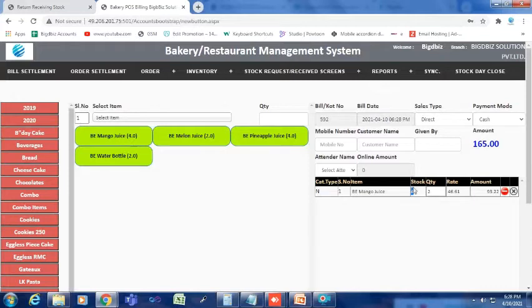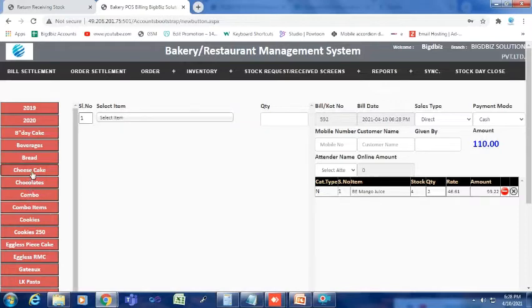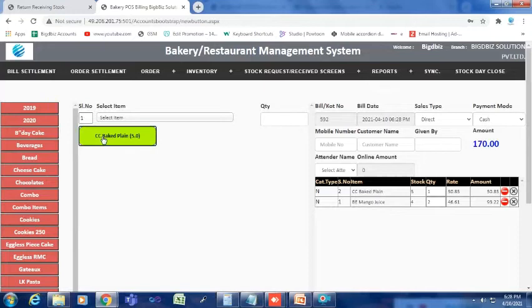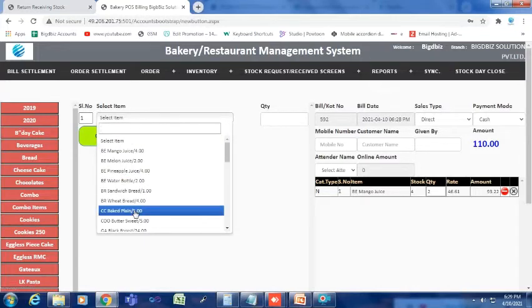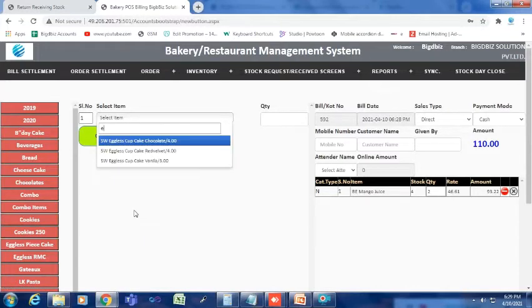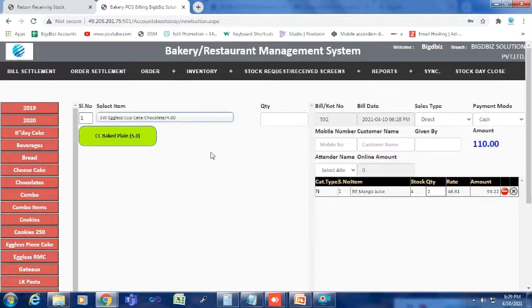The stock available is 4 and the quantity I have entered is 2, so it shows the amount. Then you can change to another category, chocolates or cheesecake, and add the quantity. This will be added along with this. If you want to remove a particular item, there is an X symbol here, you have to click it. In case you want to enter directly from the keyboard, you can select it and type it. I type it and enter the quantity, and it will be added automatically. So either you can use the touch screen or the mouse, or else you can use a keyboard.